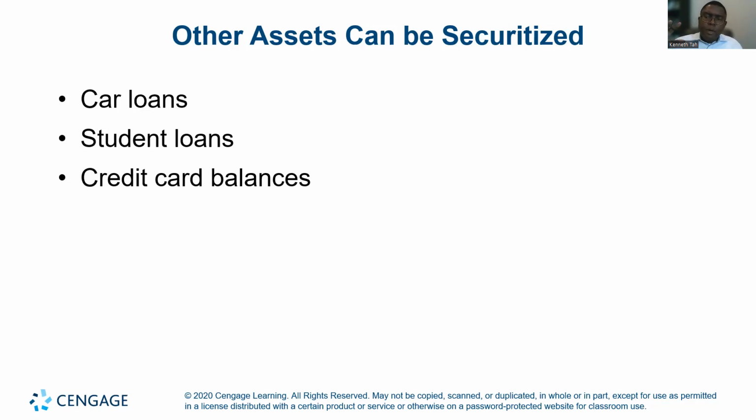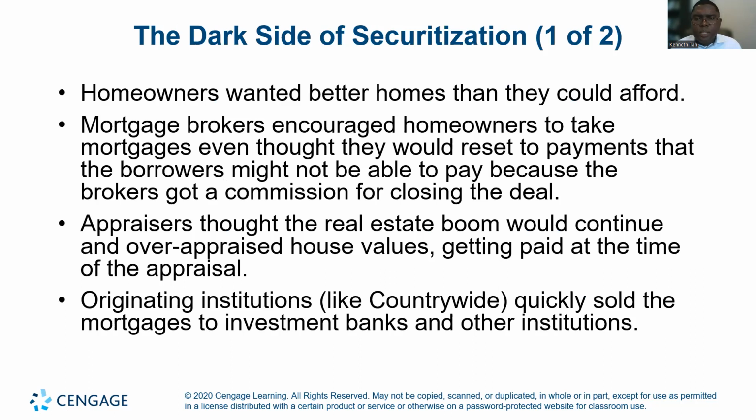And then when the stream of payments is coming, a car payment for example, that goes to those who own these securitized papers. So now the dark side of securitization: homeowners wanted better homes than they could afford. So there was pressure on the banks, and these banks tended to give mortgages to homeowners who were unable to pay. And the banks were very happy doing that because they would securitize these loans anyway. They believed they were transferring the risk to the investor in the securitization. That can be the bad side of securitization, that it can promote what we call